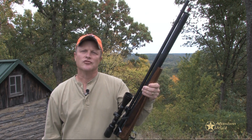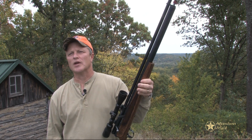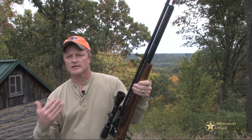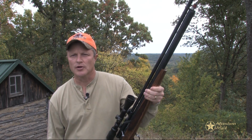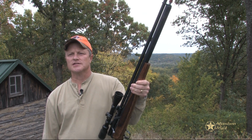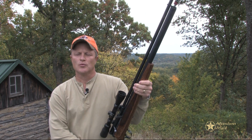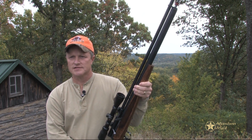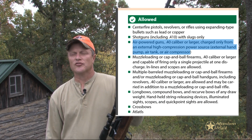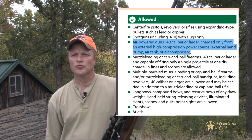That started back in 2007 when I approached the Regulations Committee of the Conservation Department and presented a reason why we should be able to hunt with air guns. They passed it unanimously and sent it to the Protection Division where they were able to test the guns. Once they tested it, they brought it back to the Conservation Commission and endorsed this would be a good viable